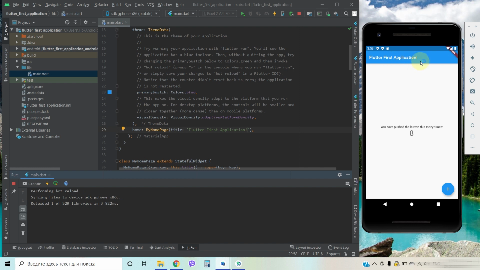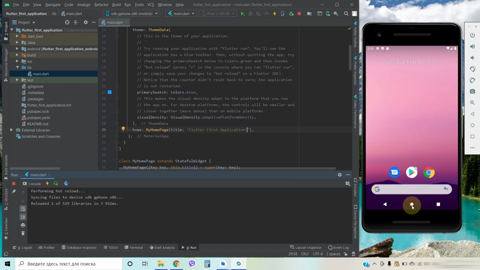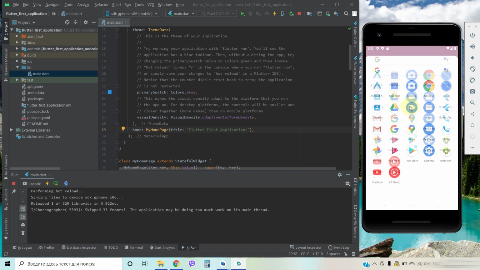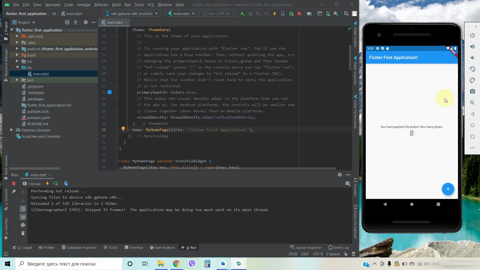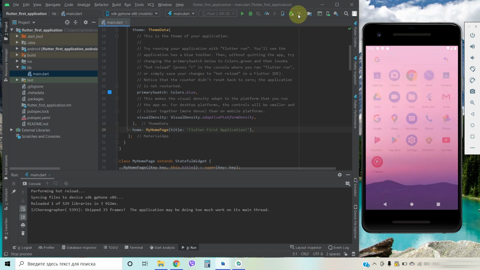Our title was changed. Okay, now go home and click on the application icon. Great, everything works fine, so now you can stop the app.